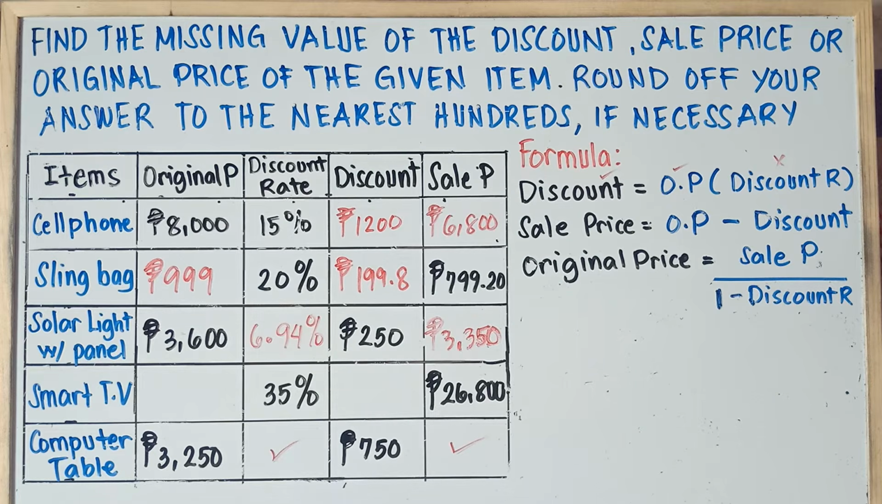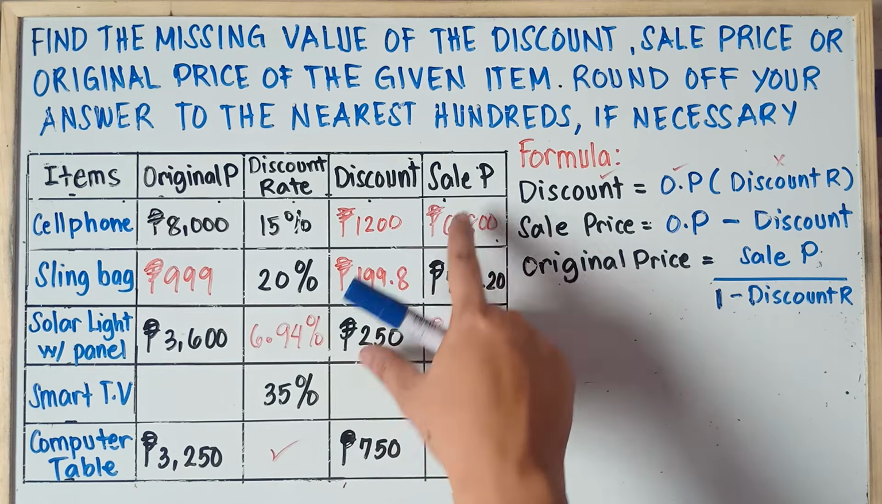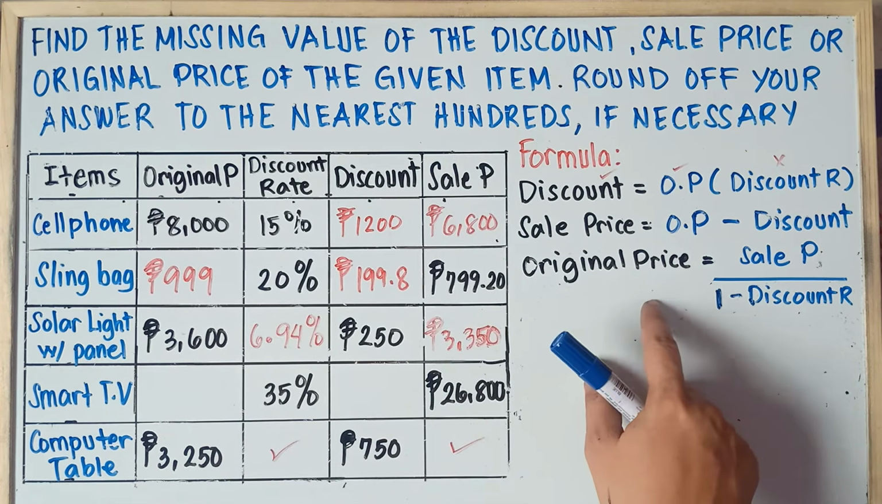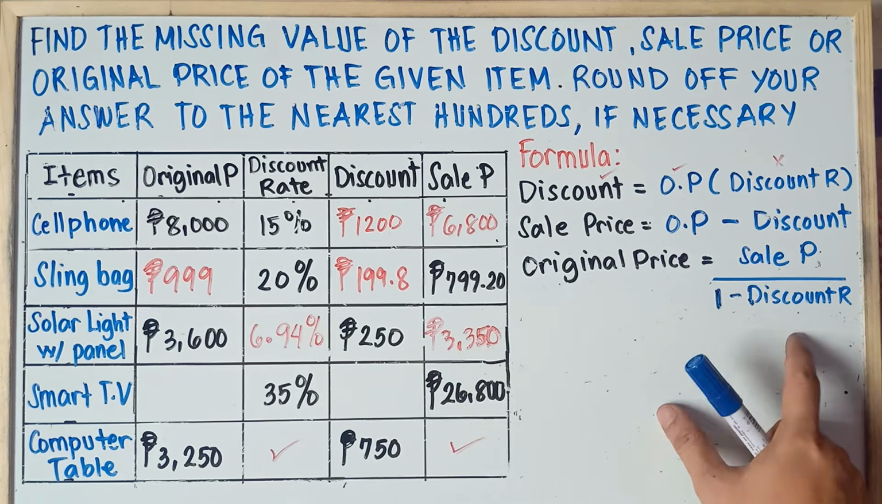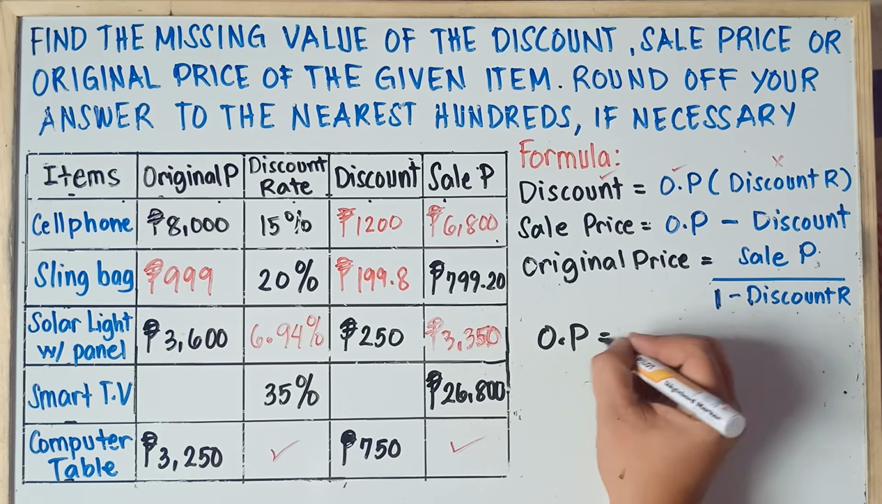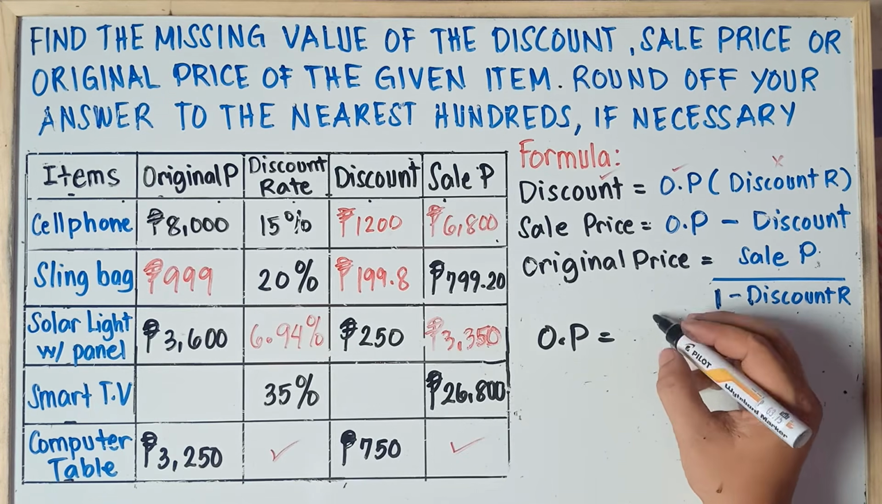Alright, let's have the last example, class. Example number 4. We have the given discount rate and sale price, so we don't have the original price. Therefore, we can use this formula. We have the sale price and we have the discount rate. Alright, so original price is equal to sale price,